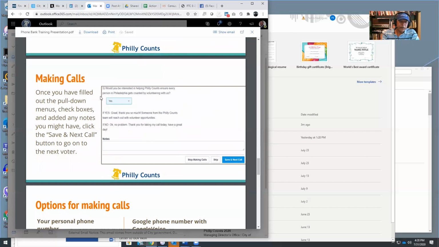If you're still talking to Jamie, the last question is asking whether or not Jamie would like to volunteer with Philly Counts. We do a number of things. If they say, what would I do? You say, what I'm doing right now, I'm calling people like you. That's one thing to do, phone banking. We train you, we teach you how to use the platform. It's a new skill. It's a customer relation management system you're going to learn to use.